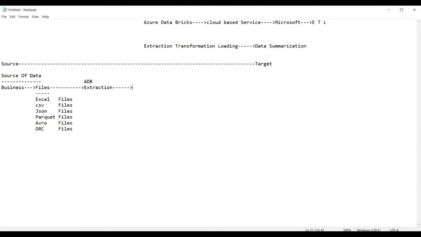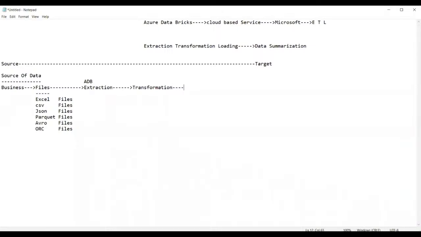Then what is the next process? The next level of processing is transformation. Based on the requirement of the customer, you're going to change the format of the data. You're going to change the structure of the data, you're going to design a new structure of the data. This is called transformation.